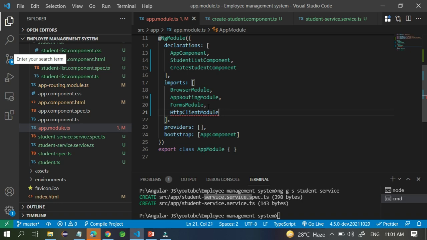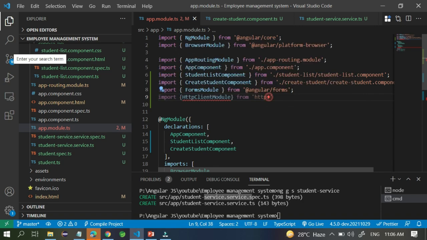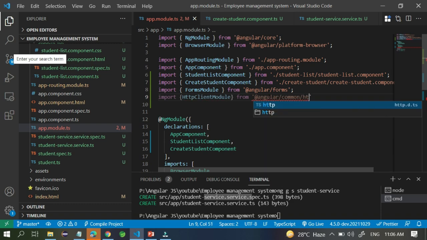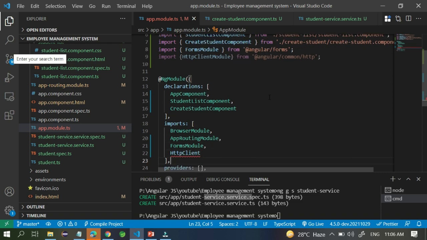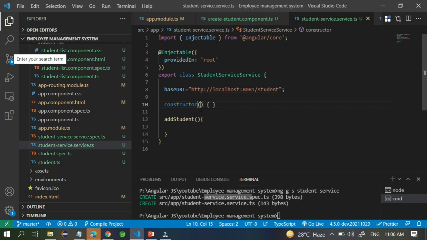It's not given, no problem. So do one thing, if it is not given, import it from @angular/common/http. So inside this package it is available. So make sure you don't forget this also, otherwise you can face problems like I faced. So HttpClientModule, it's imported. So once it is imported, go to the service, student service, and here you can import your